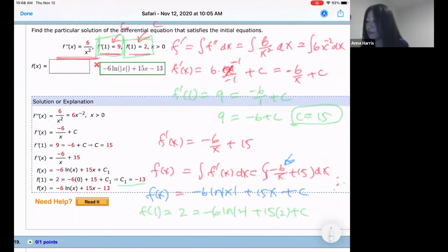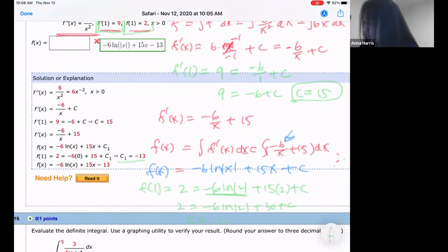So when you plug in natural log of 2, what is that equal to? That's some number that you get, right? So you need to figure this one out. So you plug it in: 30 plus, I don't know what this number equals. Put it in your calculator. So then you get 2 equal to negative 6 natural log of 2 plus 30 plus c. So c has to be equal to,